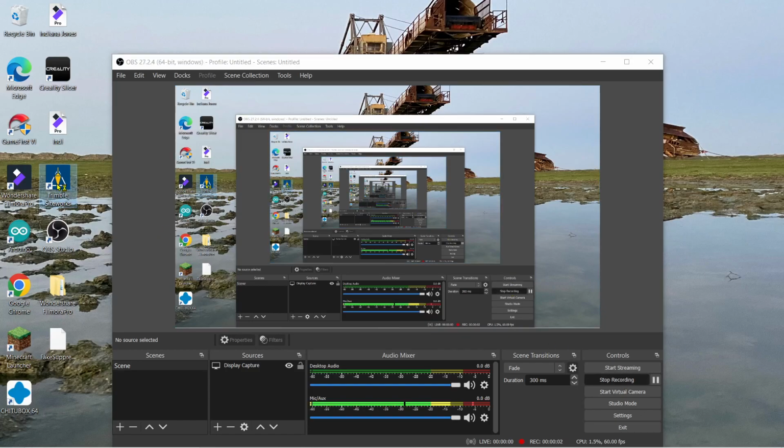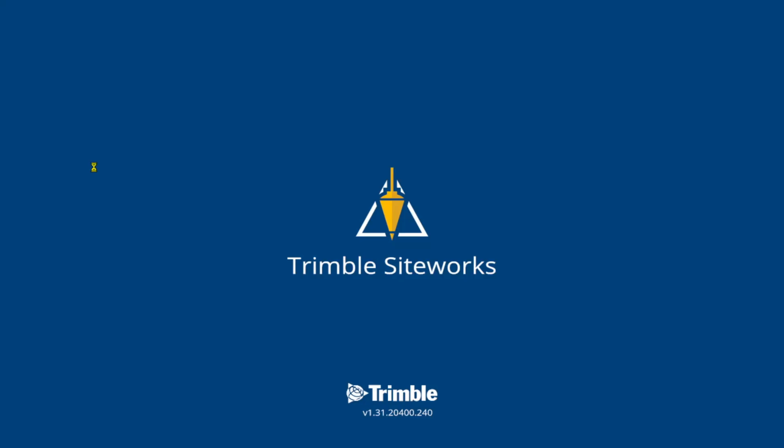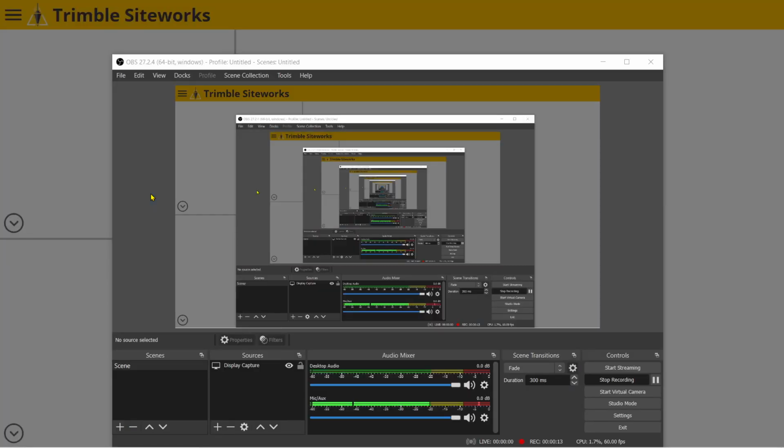Alright, in this video I'm going to go over a little bit on stationing and offsets on center lines, and I'm also going to show you how to enter a specific point just with the northing and easting